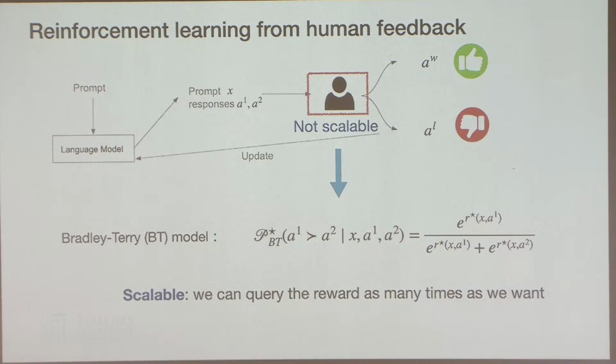In the Bradley-Terry model, we assume that there exists a ground truth reward function. This reward function can assign a scalar reward to any prompt and response pair. The probability of response A1 being preferred over A2 is exactly the softmax of the reward values. So this reward function is scalable, because we can query the reward as many times as we want. And under this Bradley-Terry framework,